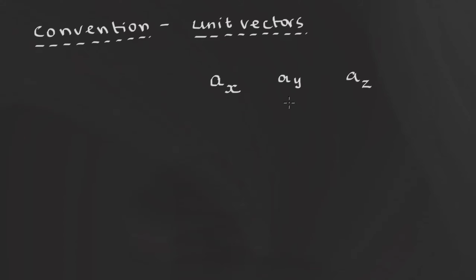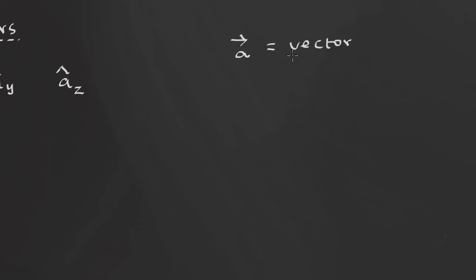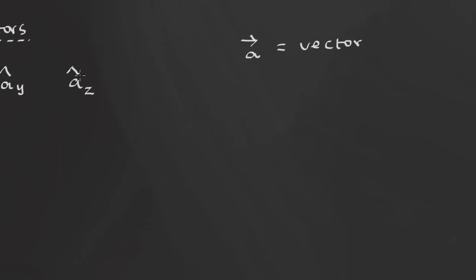Therefore a is called the unit vector. Now the unit vector will have a symbol of putting a cap on top of it rather than putting a vector symbol. So generally we write like this. This is the vector, which is not necessarily unit. Vector means there is no guarantee that the length of the vector will be 1. Its length can be anything. Therefore, we don't use the word unit. But if you write like this, we guarantee that the length of the vector is 1. If the length of the vector is 1, it is unit.